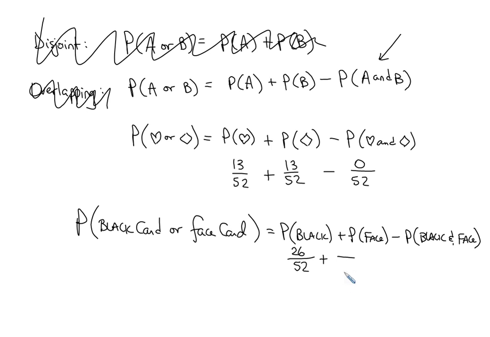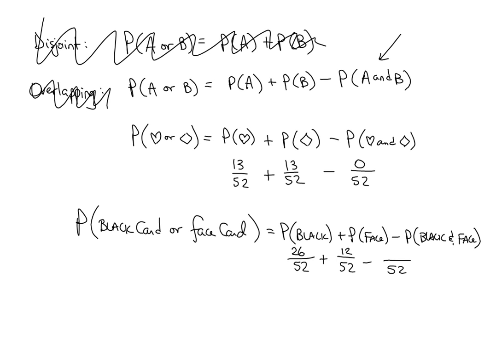Plus, how many face cards in the deck? What are the face cards? Yeah, jacks, queens, and kings. Aces are not face cards, guys. Jacks, queens, and kings are the only cards that have faces on them. Right? Faces of people. Okay? So how many of them are there altogether? 12, right? There's a jack, queen, king of clubs, jack, king, queen of diamonds, jack, king, queen of spades, jack, king, queen of, what did I leave out? Hearts, thank you. So there's 12 altogether out of 52,